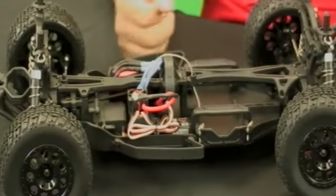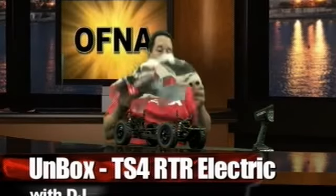fun. So for the RTR four-wheel drive, you get lots of runtime, lots of high-powered speed, a great looking body to go with the car, of course, and there's some features on this car that come with the Pro. And of course, it all is designed around the Pro, so if you want to do options and upgrades to CVDs or better shocks, you can do that with the RTR going into the Pro. So that's what we have, the unboxing of the TS4 RTR electric four-wheel drive short course, and